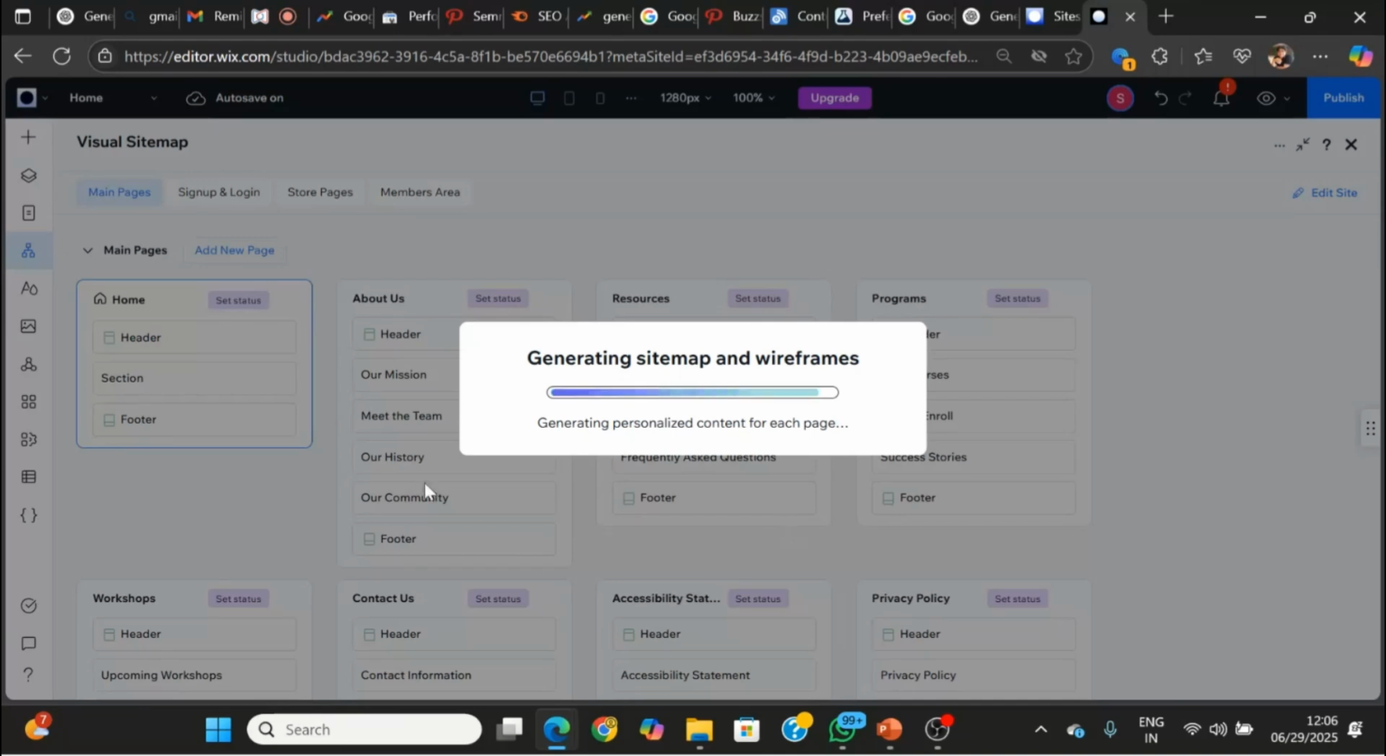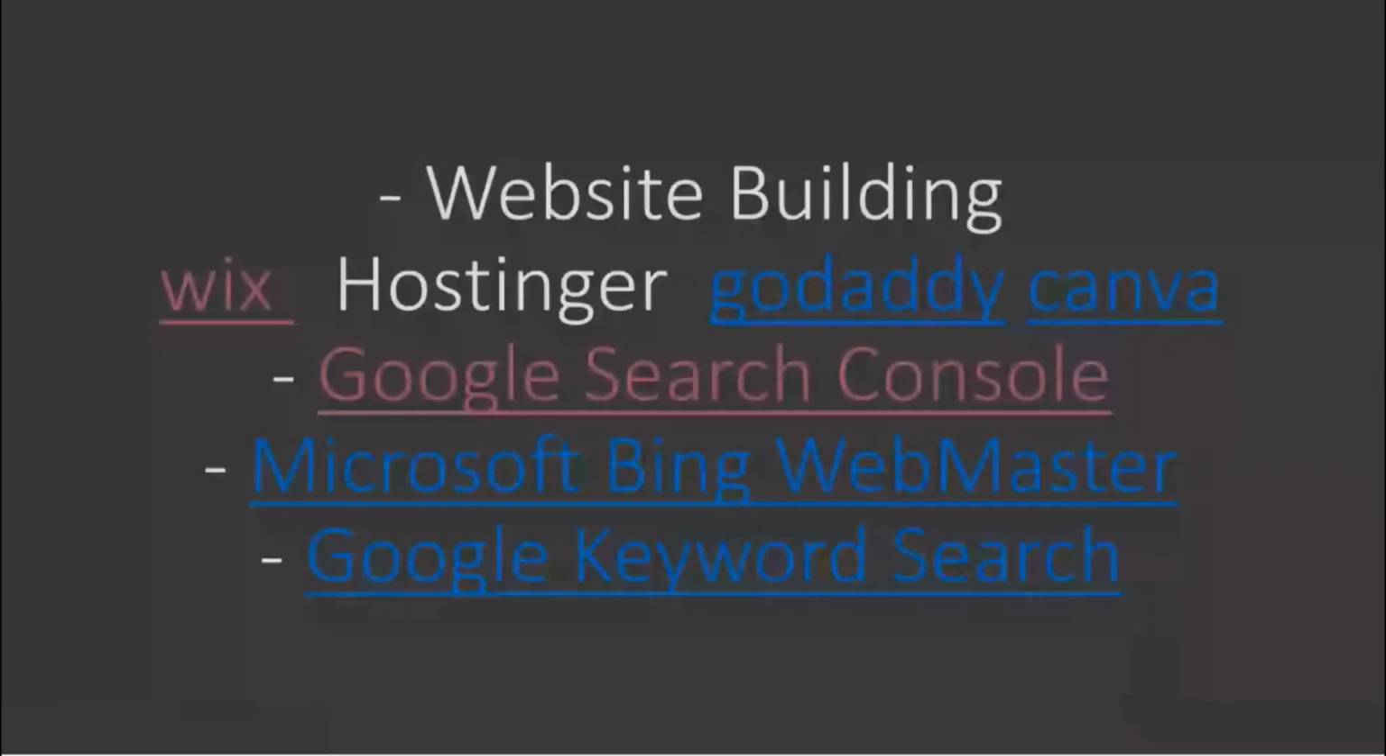I've given a lot of content and it is taking time. Okay, let that take time. In the meantime, what we can see is, once we develop the website using Wix, Hostinger, or any platform we are